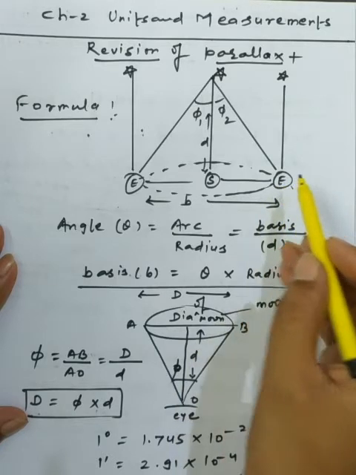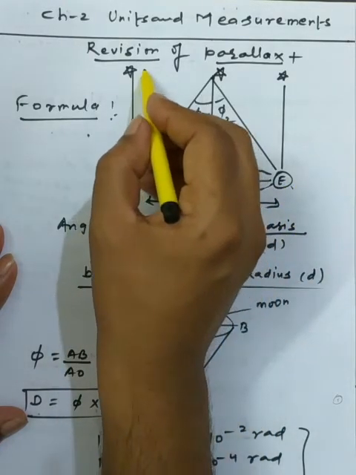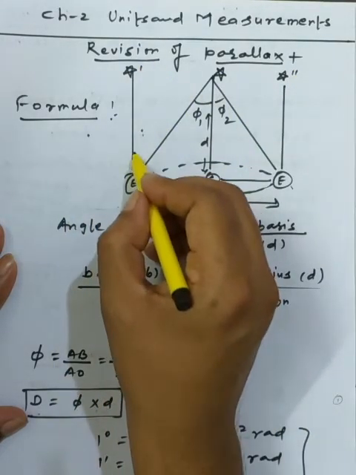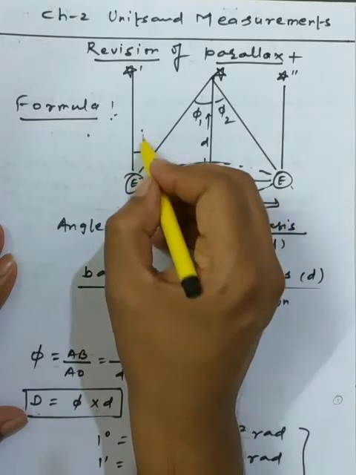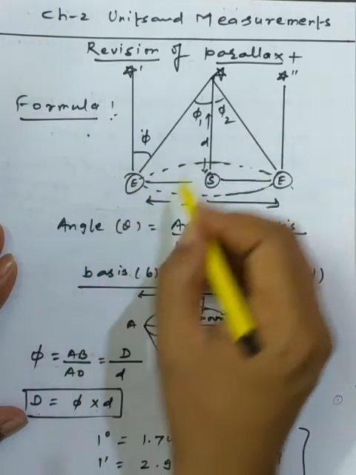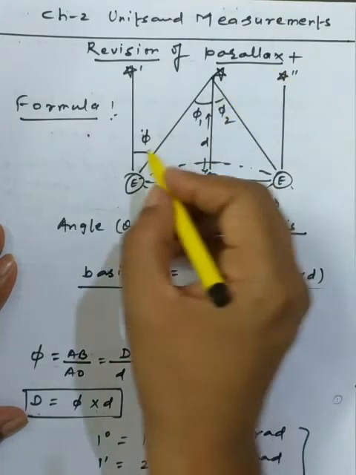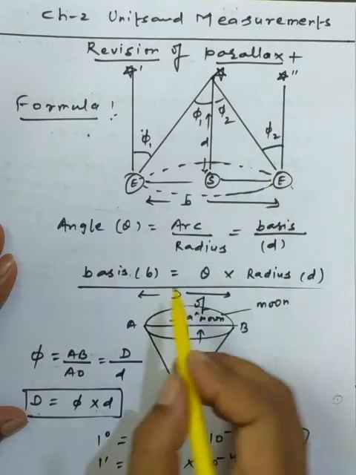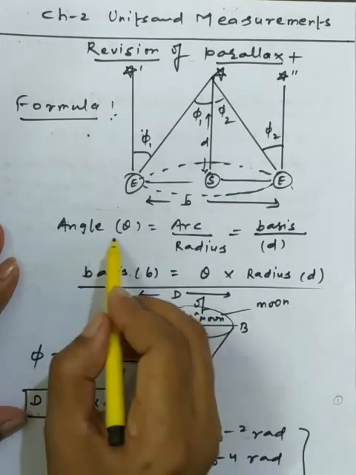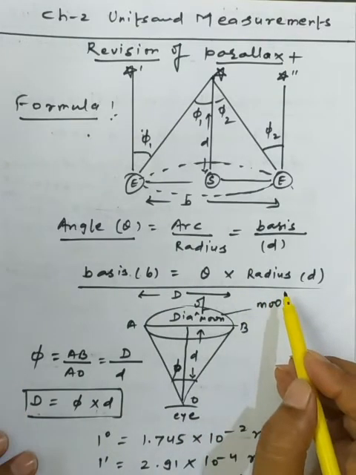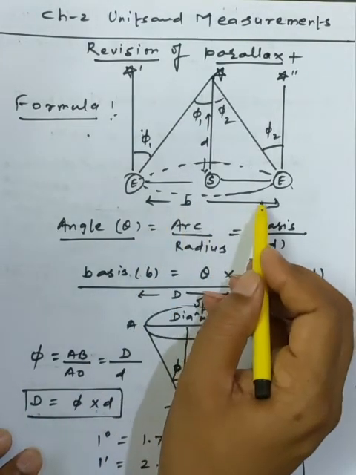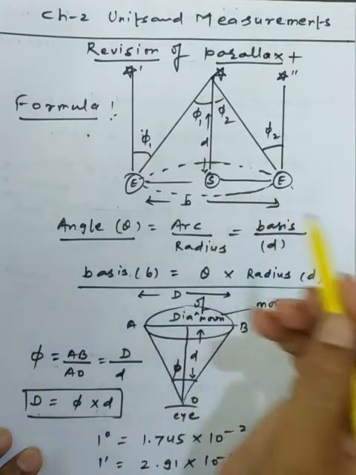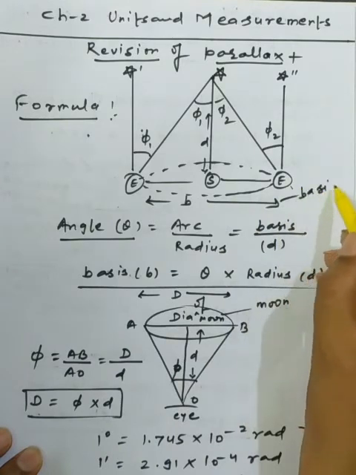Okay. So we have discussed the formula, where we take one reference star, star dash and star double dash, and as we watch the light coming from them, whenever we observe the star we get the angle phi 1, and similarly we get the angle phi 2. The angle is defined as arc upon radius, and here we get the shift in the position when viewing a star from two positions. So this is called the basis.